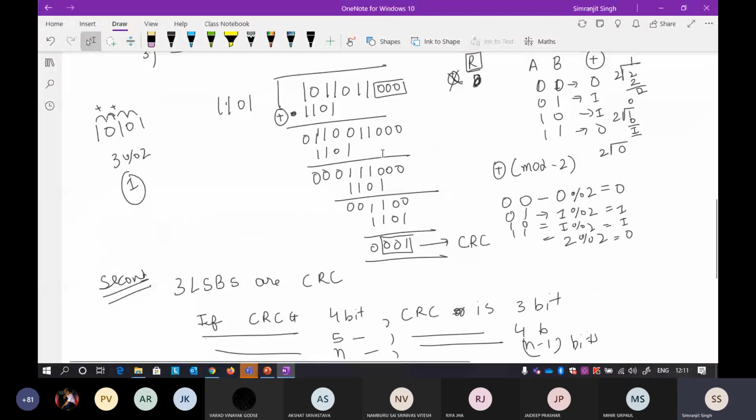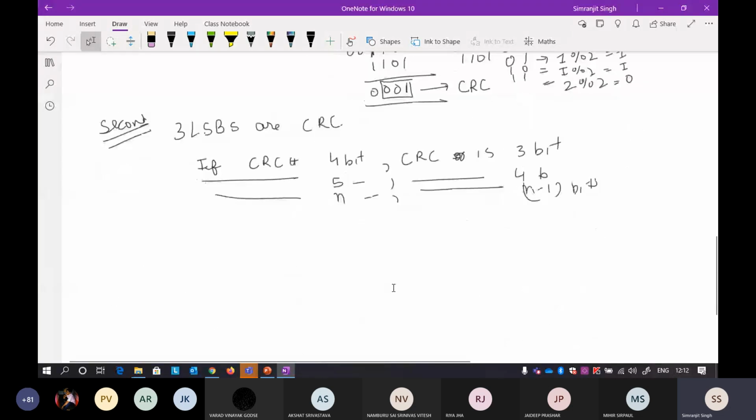When you are not able to divide: I am not able to divide because it is 1101, and the starting term here, you will always start from the preceding 1. So the preceding 1, you get only 1 here. Every term, you say, I'll start from the preceding 1, from this one, from this one, and from this one. And here I cannot write this term under 1101 because this term is missing. That is why I've stopped. From this I have figured out that if the CRC generator is 4 bits, it will be 3 bits that will be considered as CRC.